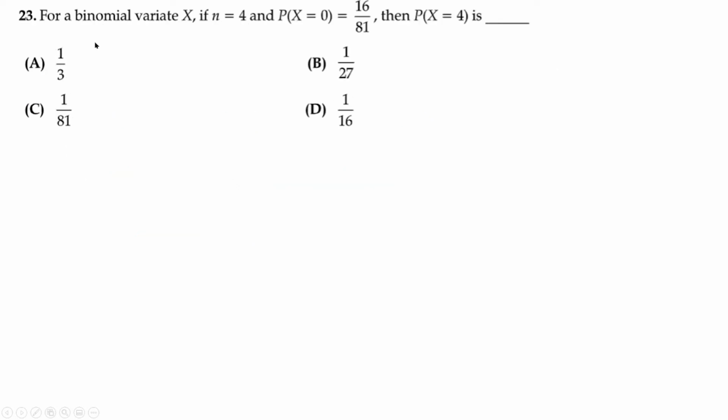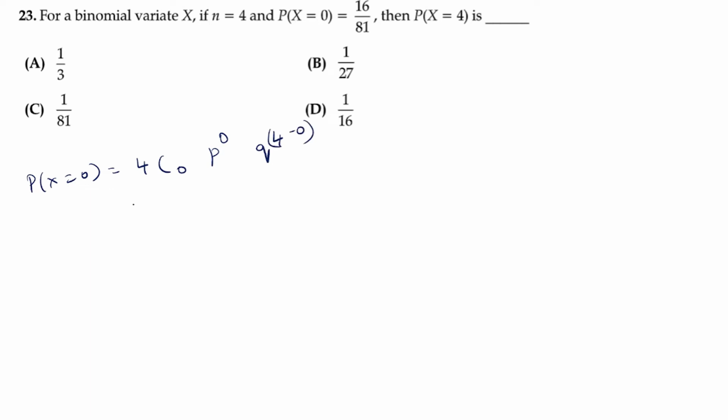Next question, for a binomial variate x, if n equal to 4 and probability of x equal to 0 is 16 upon 81, then probability of x equal to 4 is. So here it is given x is a binomial variate and n is equal to 4. Probability of x is equal to 0 is given. So probability of x is equal to 0 is nothing but nC0, then we have p raised to 0, q raised to n minus